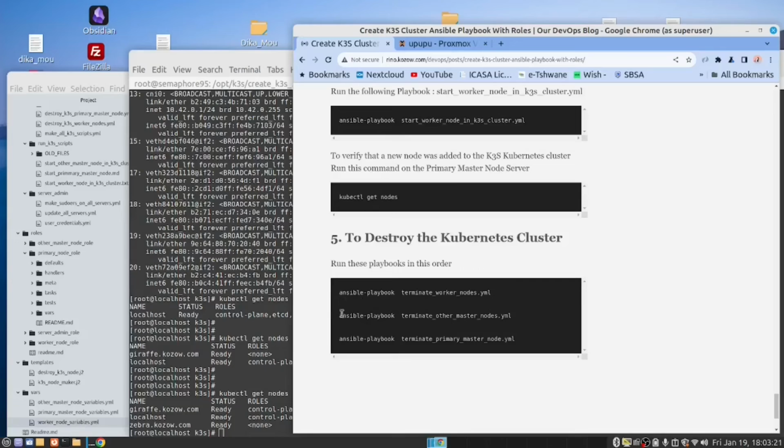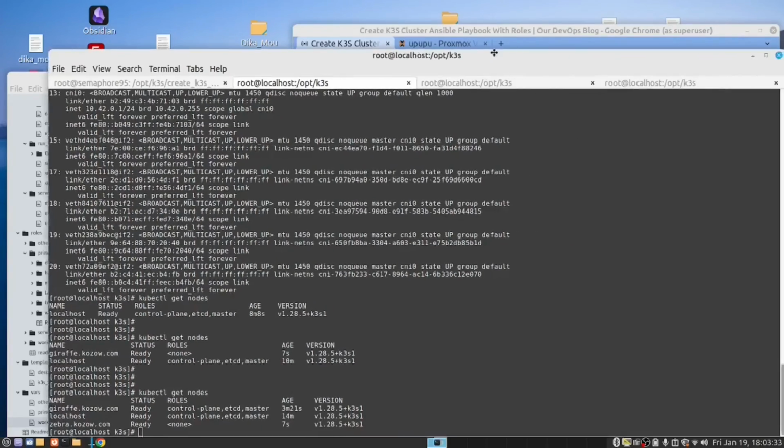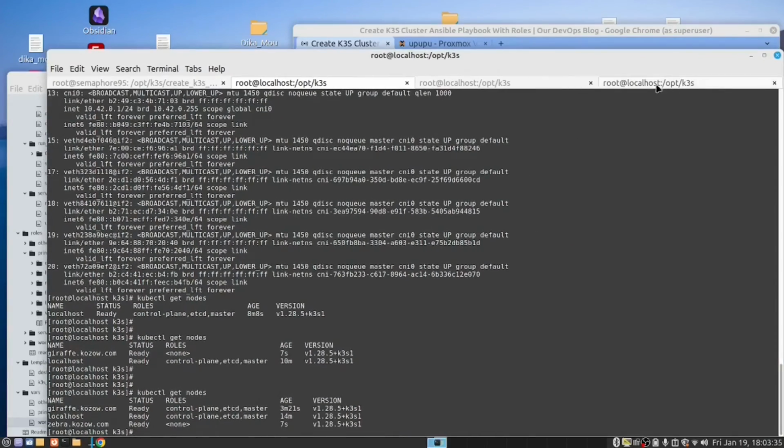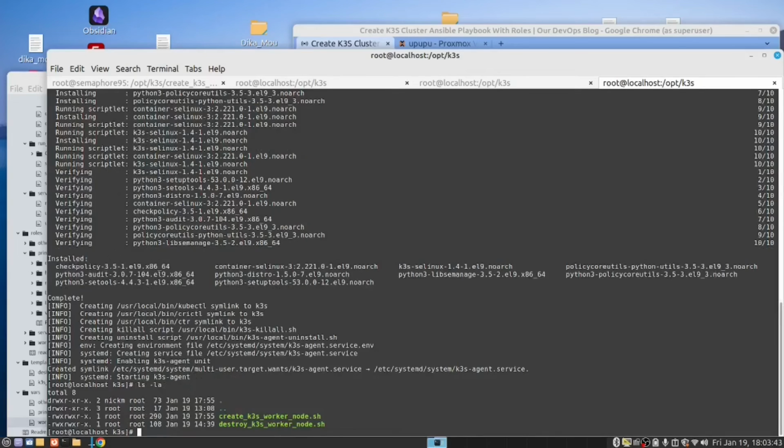You see, these are the commands you could run in the terminal, but I've already created the shell scripts for these. So if I go to the worker, that should be this one here, ls -la. So we can now destroy the